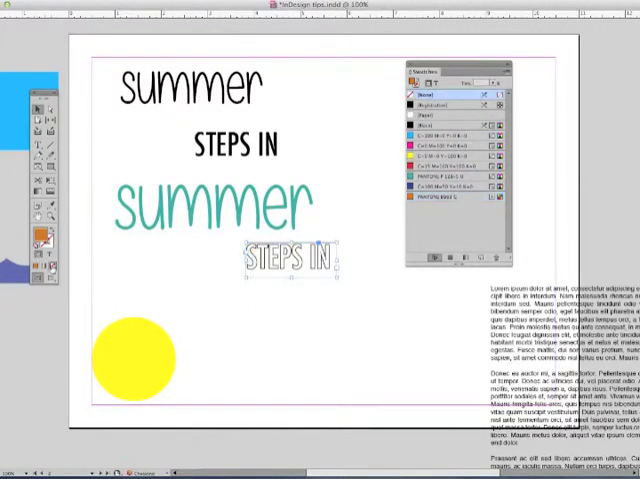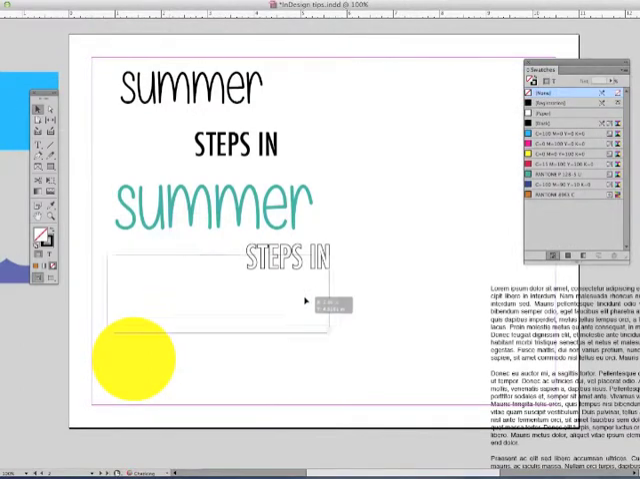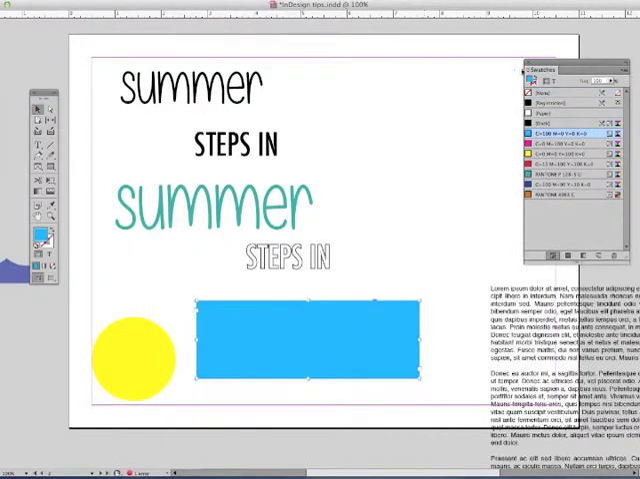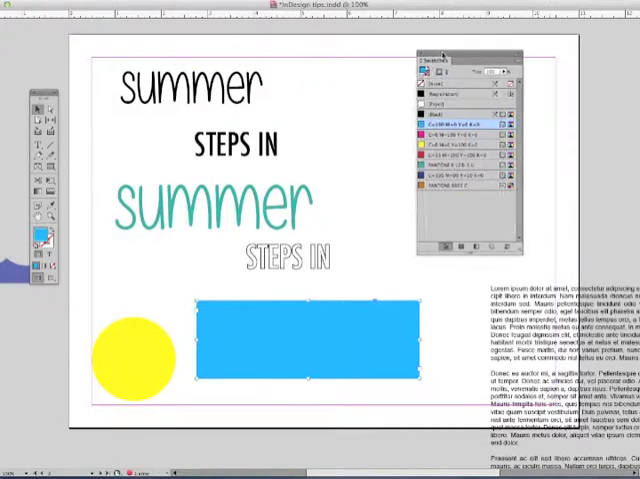So let's get rid of that. Alright, so I do want to have a background behind this headline, and I created a simple blue rectangle, and I colored it cyan. Now the cyan is a little too bright, a little too harsh, so I want to have you notice the